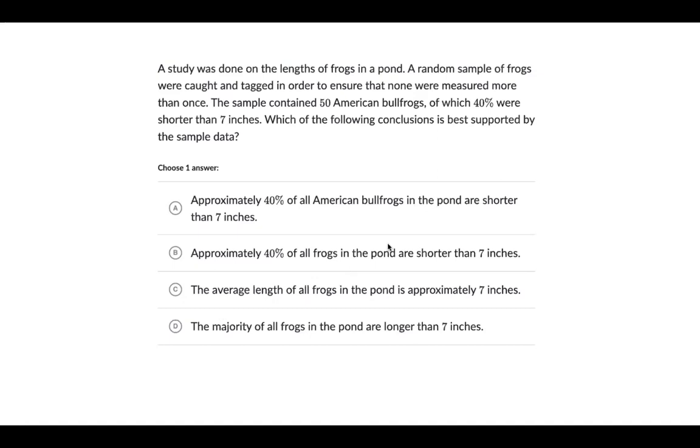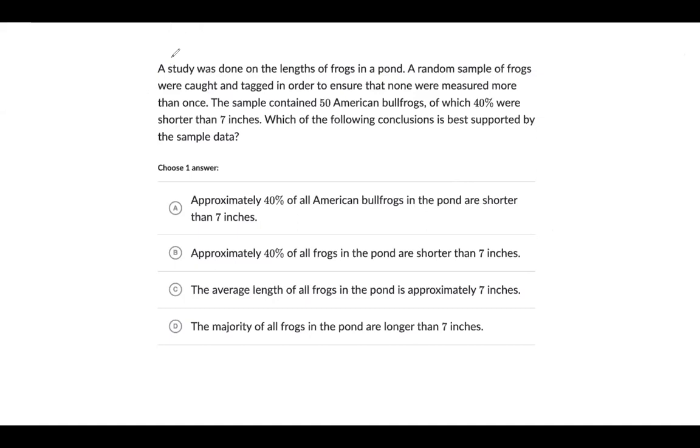All right. So for this question, a study was done on the lengths of frogs in a pond. A random sample of frogs were caught and tagged in order to ensure that none were measured more than once. The sample contained 50 American bullfrogs, of which 40 were shorter than 7 inches. Which of the following conclusions is best supported by the sample data? So what we can say is